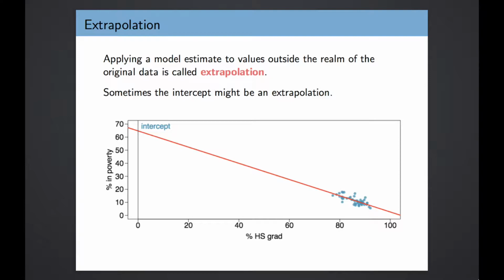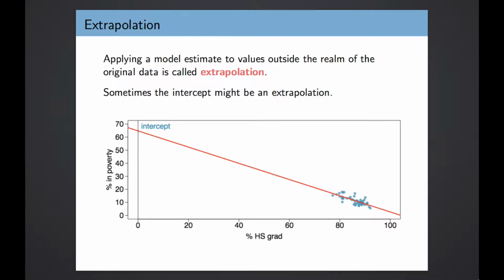And it might be the case that that value of x makes sense in the real world, and so it's okay to go ahead and see what our predicted value of y is, or sometimes the value of x that we would plug into our equation doesn't make much sense. So when we were finding the intercept, we talked about the fact that setting x equal to 0, the high school graduation rate equal to 0, doesn't make sense as a real-world condition. Now, of course, we need to do that to find the intercept, and there's no problem with that, but we can run into problems if we try to use our regression model to make predictions based on values of x